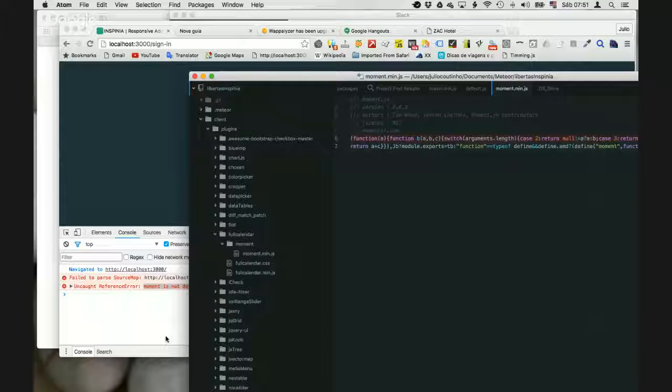First of all, if you are in a version that is before 1.3, the way to use FullCalendar JS is to import it using an Atmosphere package, not put it directly into your application. If you do this, you're going to end up without